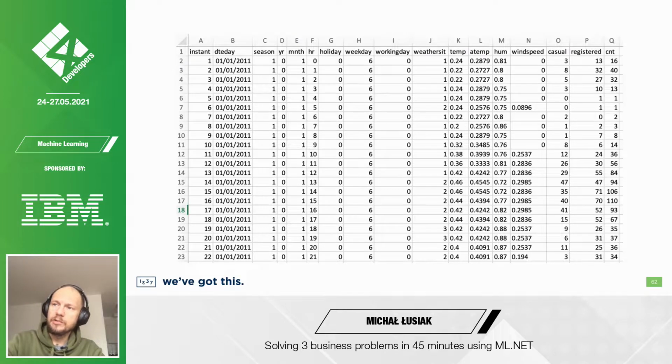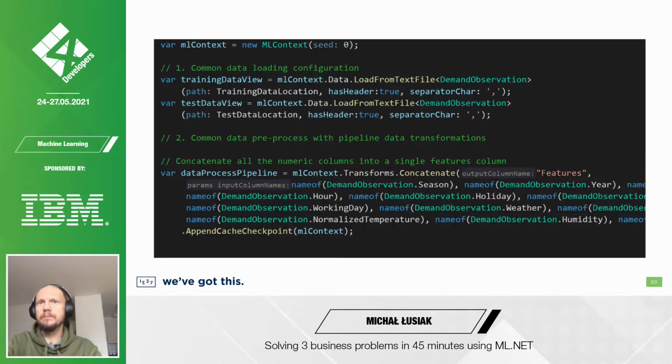So the input from this sample from ML.NET is basically bike rental. You have some information like, is it a season for biking or not? Weekday, is it a working day or not? What kind of weather, temperature, wind speed? Was it a casual rental, so basically a drop-in rental, or was it pre-booked? And kind of the same approach. We load the data, we build our pipeline,